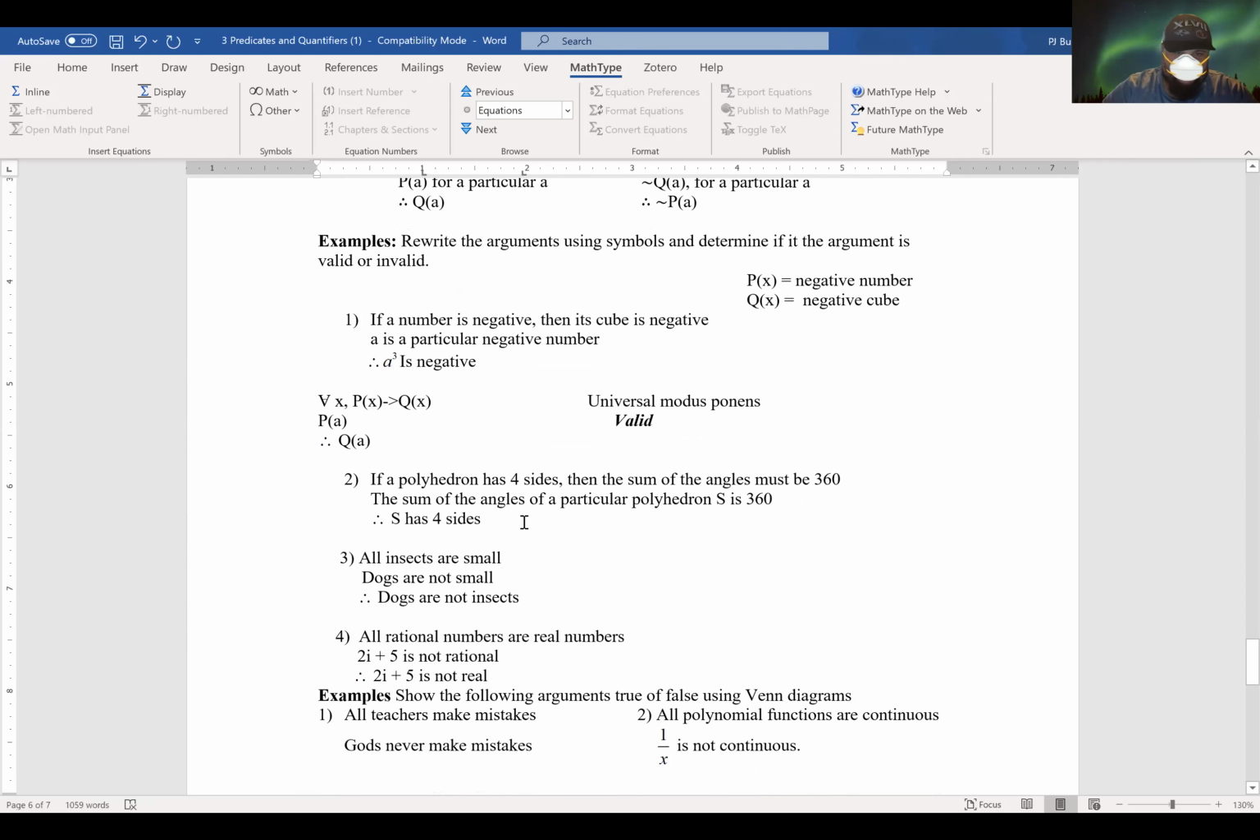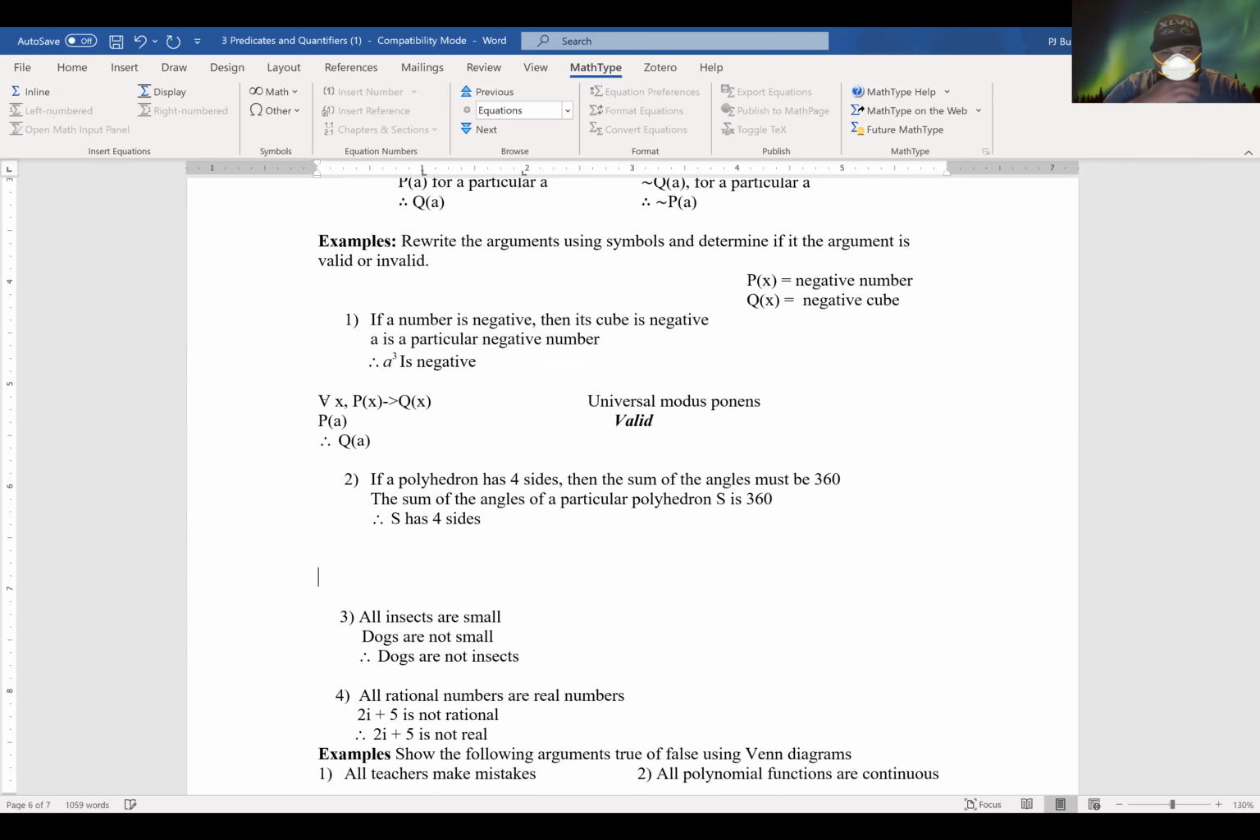So let's try this second one. I think it'll make more sense, at least how to write it out this time, since we've just looked at that previous one. So it says, if a polyhedron has 4 sides, then the sum of the angles must be 360 degrees. So that is saying